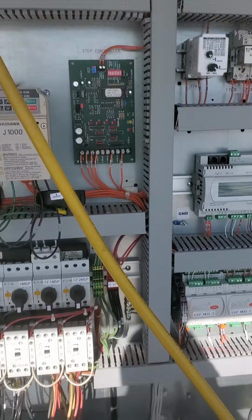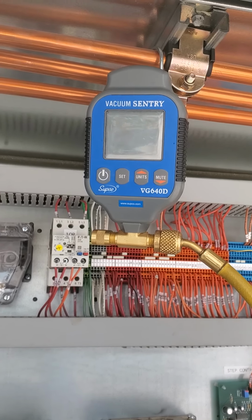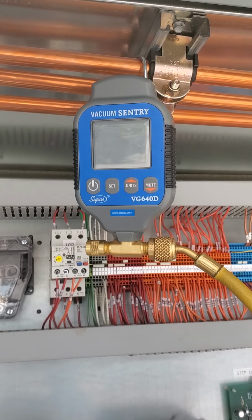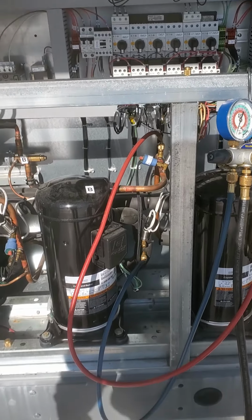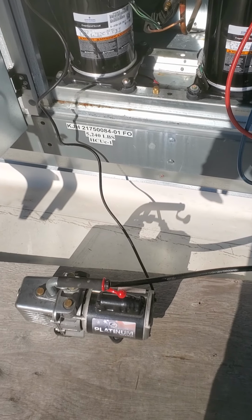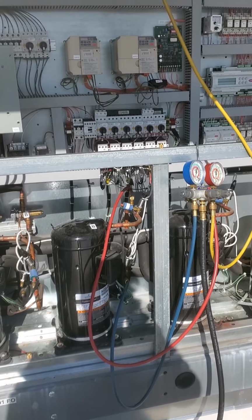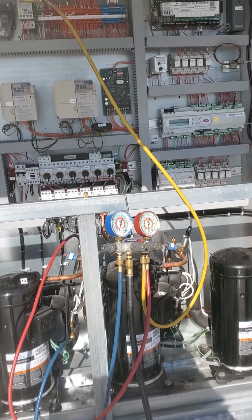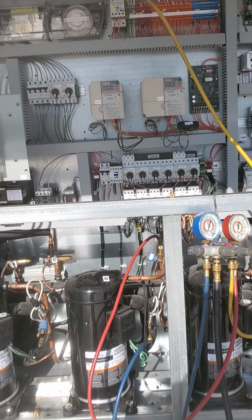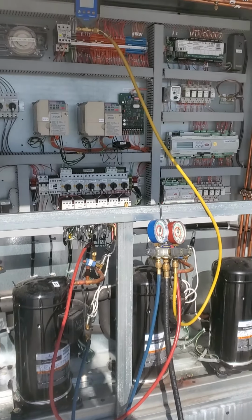I have the yellow hose run up to our micron gauge, which is how we're going to test for atmospheric pressure and make sure that we pull this down into a good enough negative that allows us to go ahead and charge the system. I believe the manufacturer's recommendation is about 750 microns on this particular unit, but we're going to go ahead and let this thing run as much as we possibly can